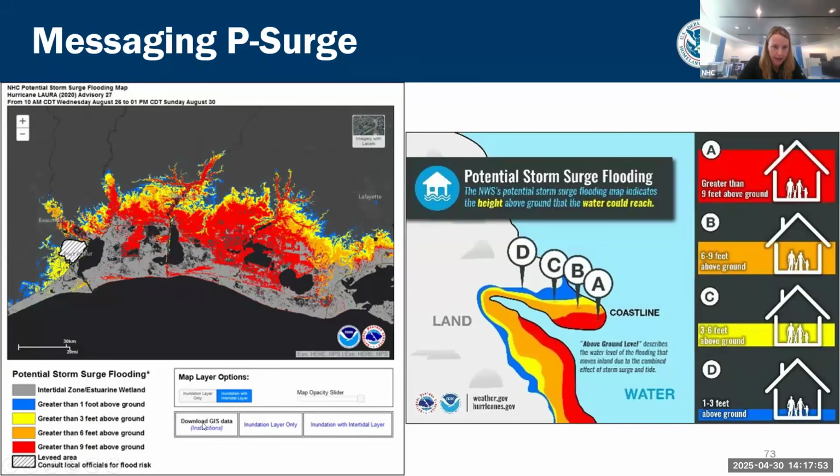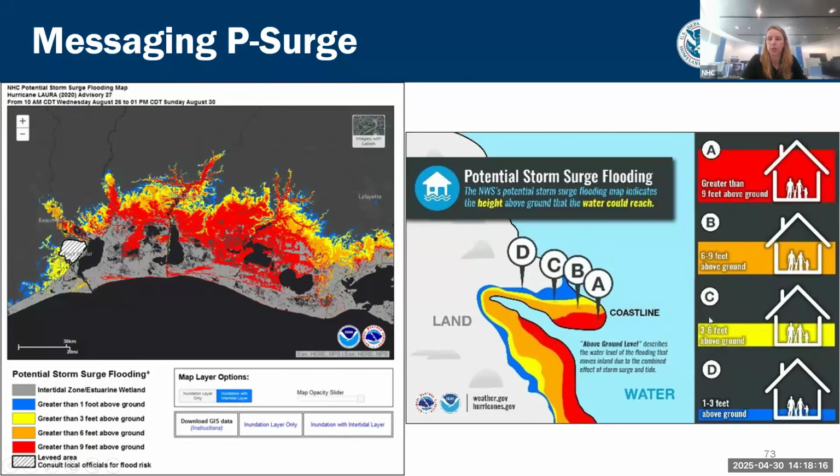I was talking about that inundation layer. So this is kind of where you can turn on and off that inundation layer. And there's a map opacity that you can look into. You have the ability to download the data and view it in your settings, although I know it's all in HurEvac, and that's a great way to do all your planning with this tool.